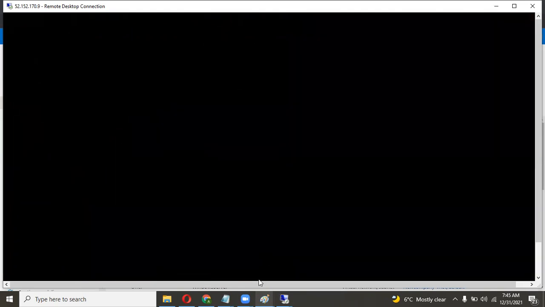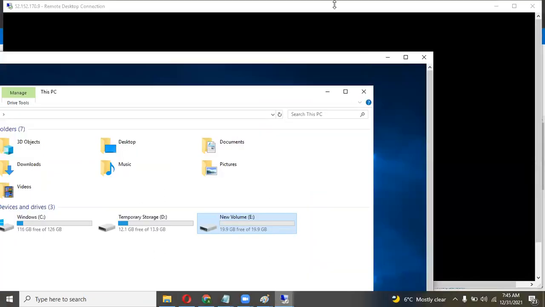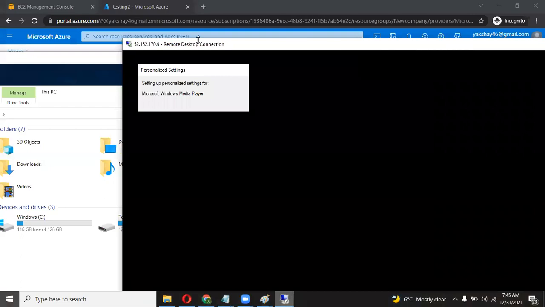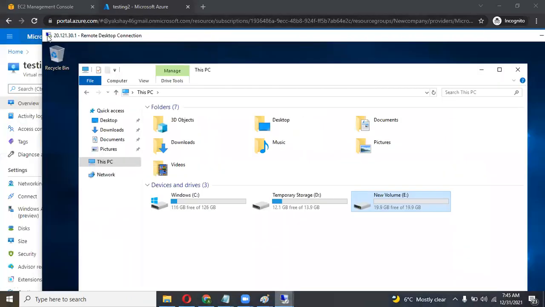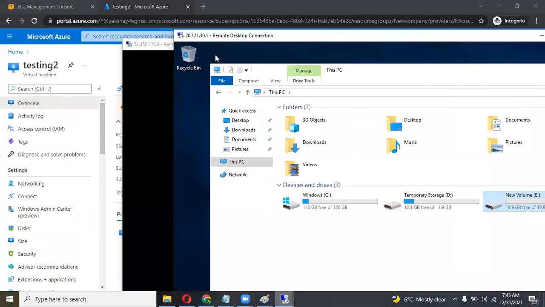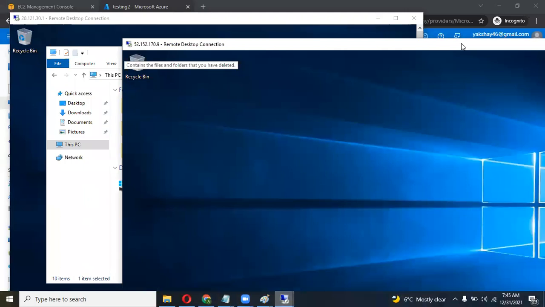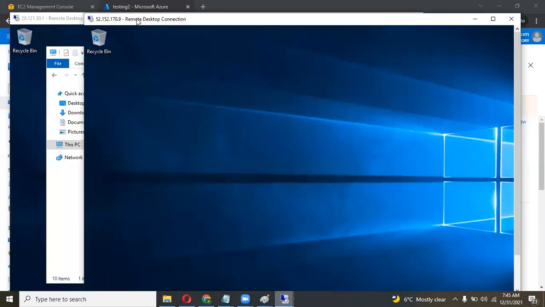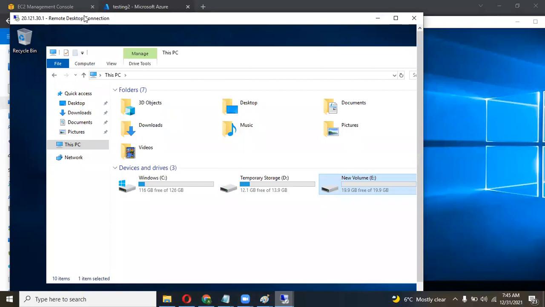So you can see I have two servers on the cloud. First is this and another one is this. It is preparing. Let's open the file explorer into that. You can see